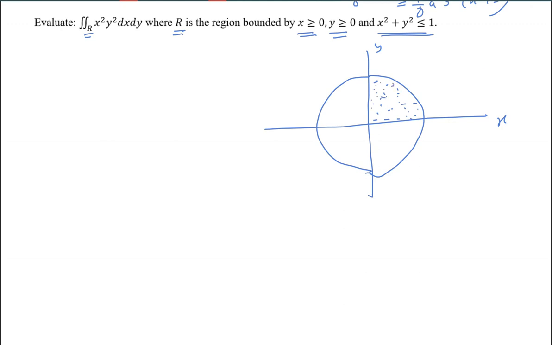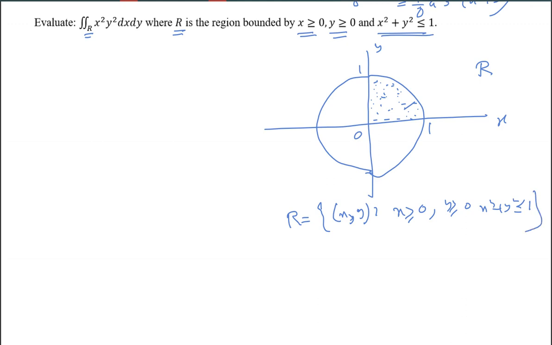So the first thing you need to do, in line integration, double integration, or triple integration, is judge along which portion you need to integrate. Along this region you need to integrate. This point is 0, and this point will be 1, and this will be 1. Now how to represent this R region? The points (x, y) such that x greater than or equal to 0, y greater than or equal to 0, and x square plus y square less than or equal to 1.